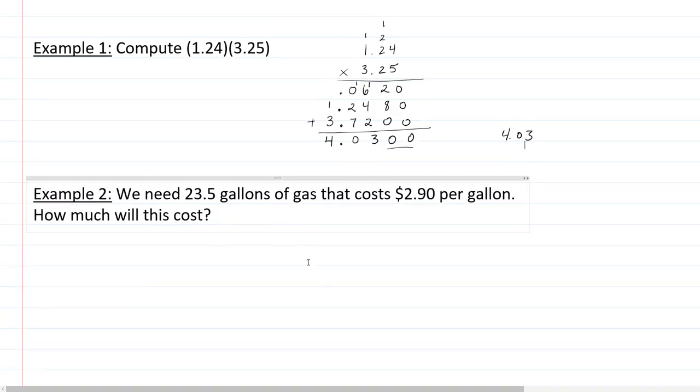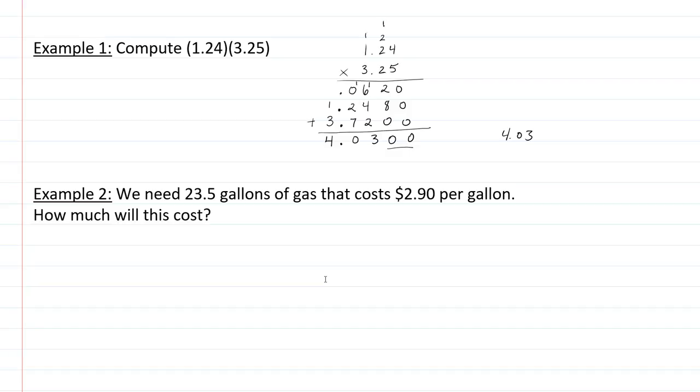So let's move to a more real-world application. We need 23.5 gallons of gas that costs $2.90 per gallon. How much will this cost in total? So you could probably just punch this on your calculator, but it's good to know how to do it by hand. So again, we write out each number vertically,